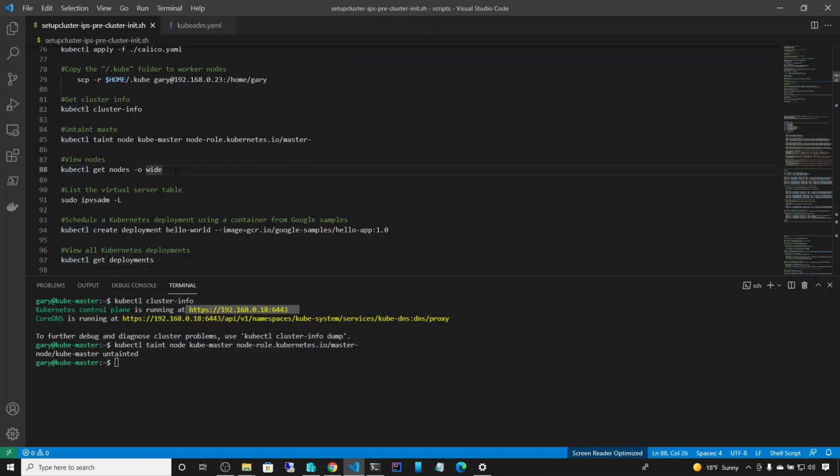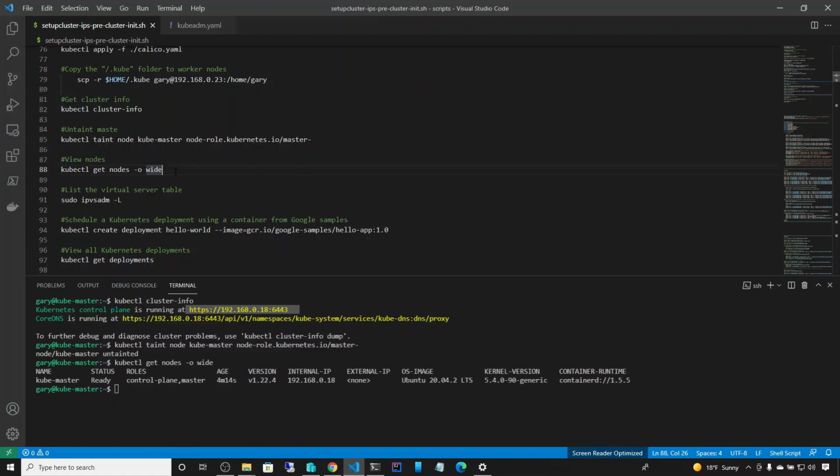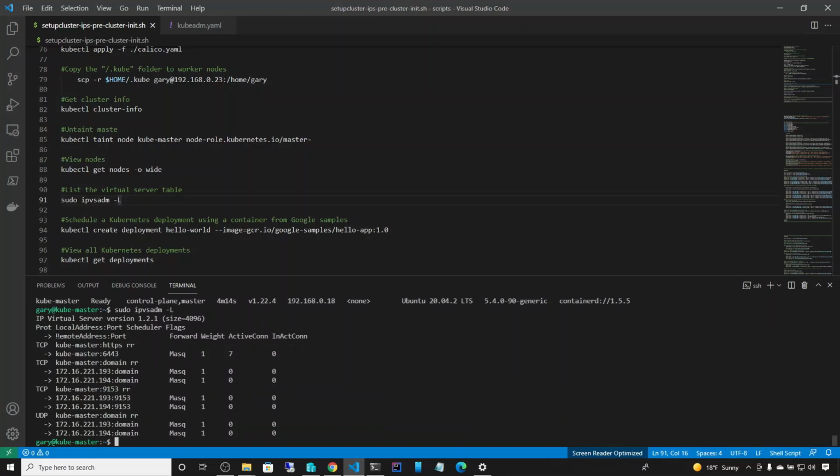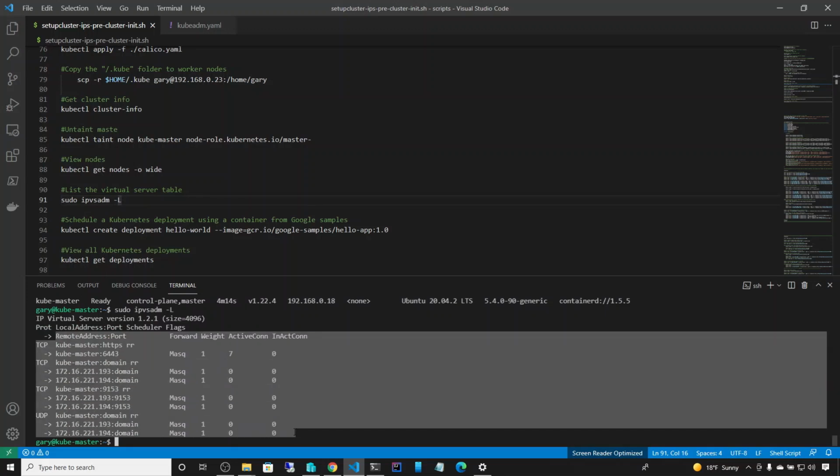So just to verify, on line 88, kubectl get nodes -o wide. I only have one, and that is the master. If you have more nodes, those nodes will be shown here. And now at this point, we'll check line 91, sudo ipvsadm -l, and see what's going on. We'll see that Kubernetes has already added some services that it uses. They are already part of this. So it's a good sign that it's using